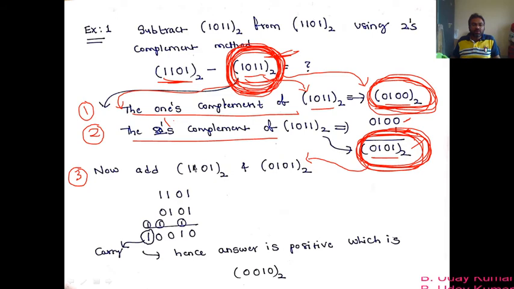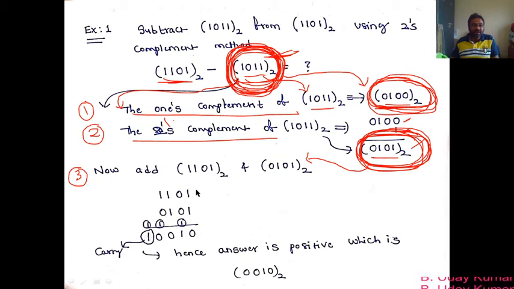Okay, so if I do so, that means this is 1101 and you have to add this 1101 to this twos complement. So if I add that, what do I get? I get 1101 and 0101: 1 plus 1 is 10, 0 plus 0 is 0, 0 plus 1 is 1, and 1 plus 1 is 10, where 1 acts as carry, and 1 plus 0 is 1, and 1 plus 1 is again 10, and this 1 acts as carry and that 1 is written over here.